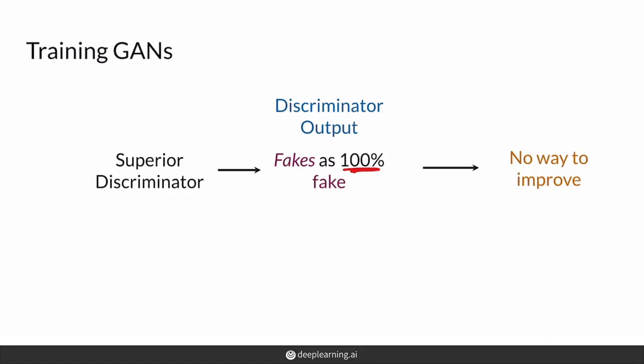So both models should improve together and should be kept at similar skill levels from the beginning of training. And the reasoning behind this is largely because of the discriminator. The discriminator has a much easier task. It's just trying to figure out which ones are real, which ones are fake, as opposed to model the entire space of what a class could look like, what all cats could look like. And so the discriminator's job is much easier than the generator's. One common issue is having a superior discriminator, having this discriminator learn too quickly. And when it learns too quickly, it suddenly looks at a fake image and says, this is 100%